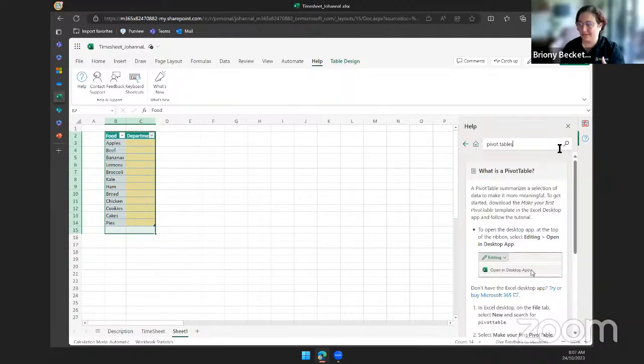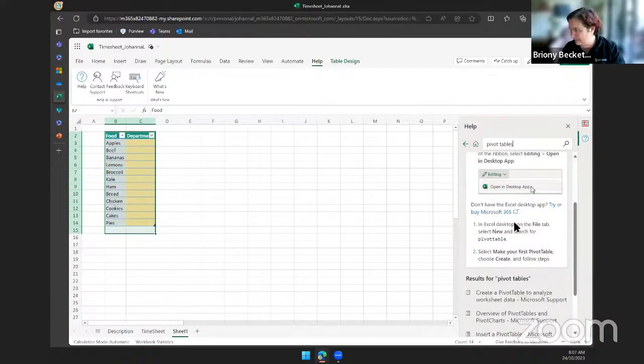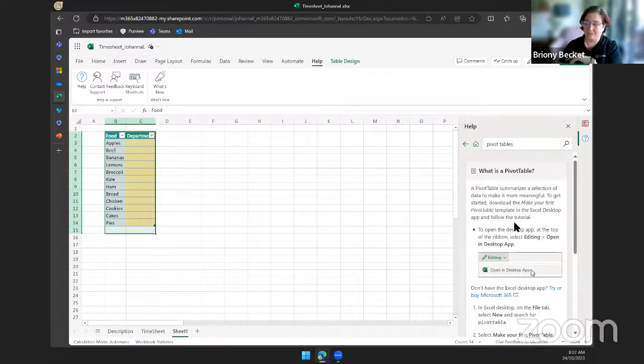So again, because I'm quite visual, it will take a big block of data and really summarize it in the front. So a lot of the time it can be for adding up how many times something was in there. So if you've got a whole list of information, then this one in particular, fun. Okay, because I've got this open in a web version, so pivot is probably one I should have practiced earlier. It's only going to work in the desktop app.